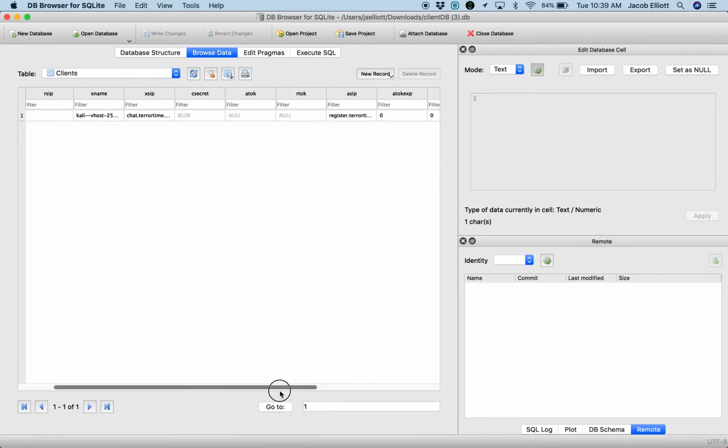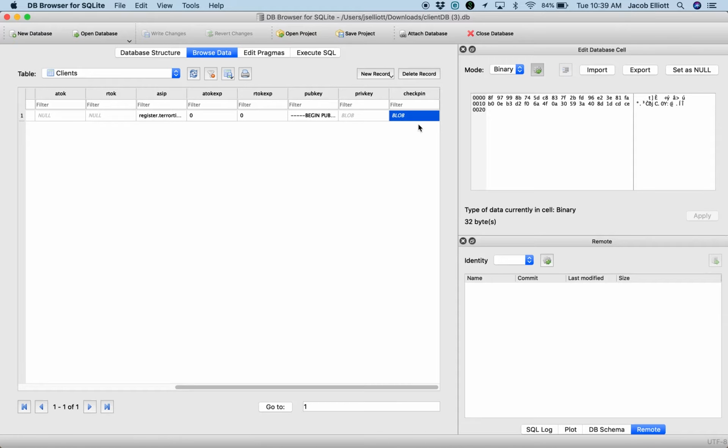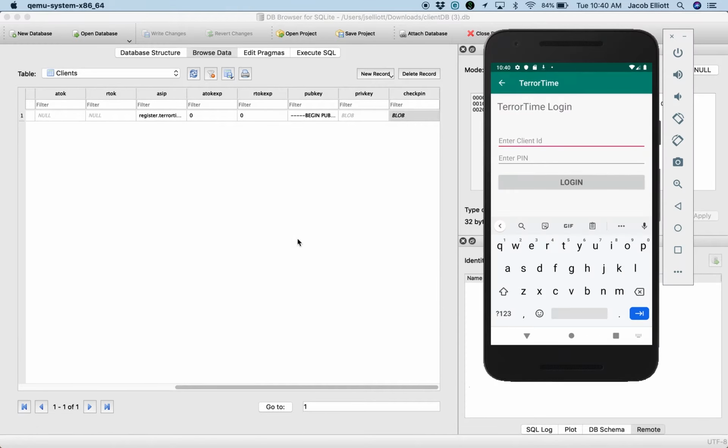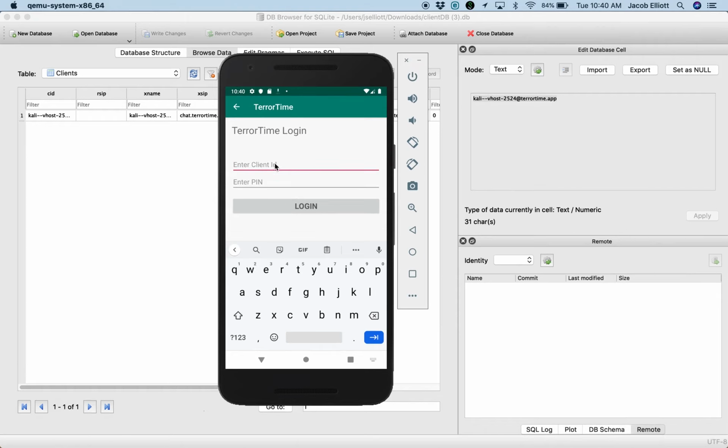We pulled up our client DB here, and we can see that there's this field called check PIN. That sounds like it would be the PIN to log into the app. And then we also have the CID, which is our client ID to log in. So we can go ahead and put in our client ID here: Kali-vhost-2524